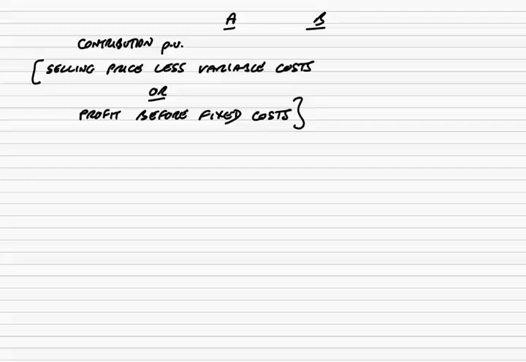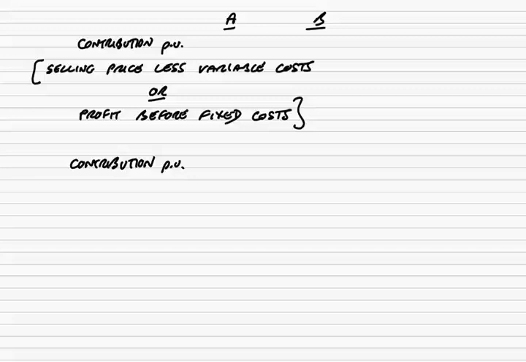And so since that's what's going to change, and we are going to be looking at different levels of production, we know we can't produce 20,000 and 10,000. Well, because production is going to change, it's the contribution that we're going to look at. So again, what's the contribution per unit from each of them? From product A,